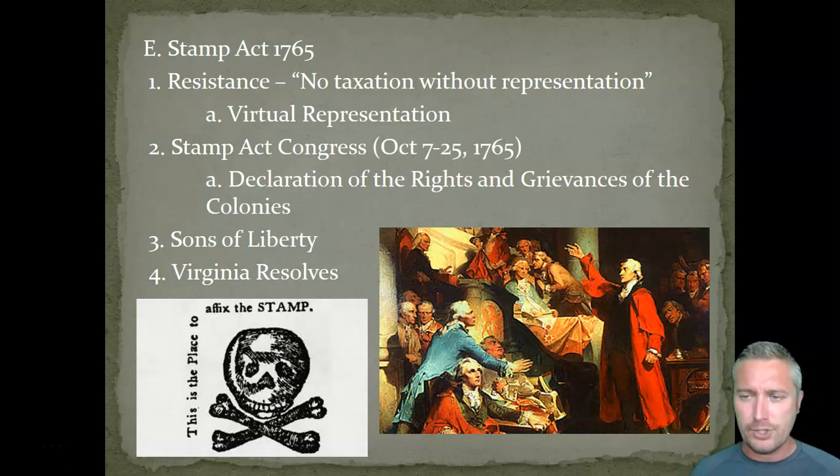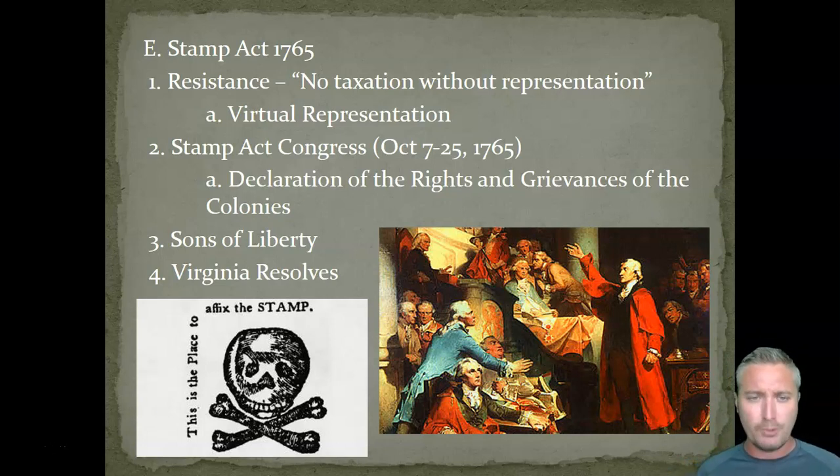This is the first real organized resistance to these acts, and it is called the Stamp Act Congress. They just flatly put it out there. This is a Congress to talk about these Stamp Acts in particular. And so this is formed in the midst